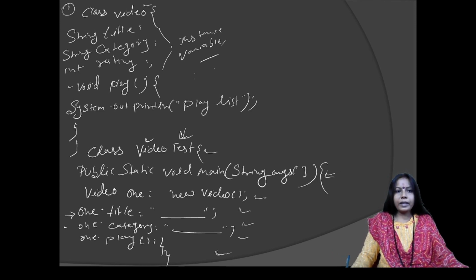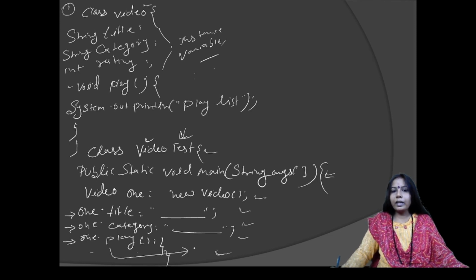Here notice that one dot title calls the title variable, one dot category calls the category variable, and one dot play calls the play method. So here the dot operator works as a call to the method